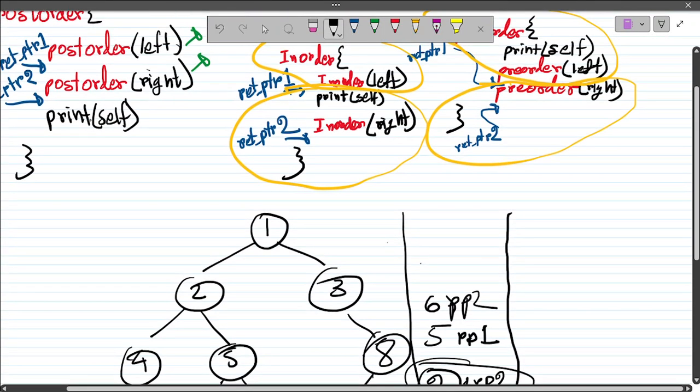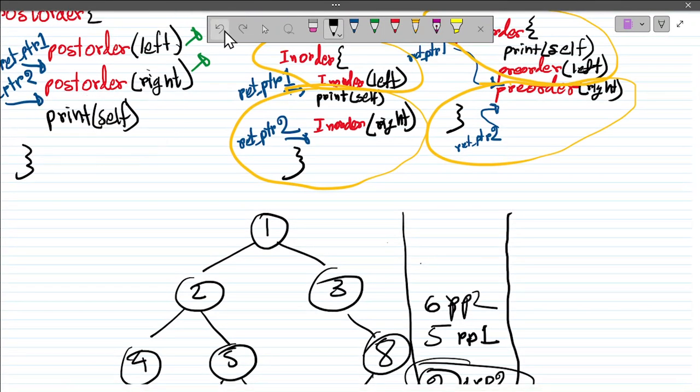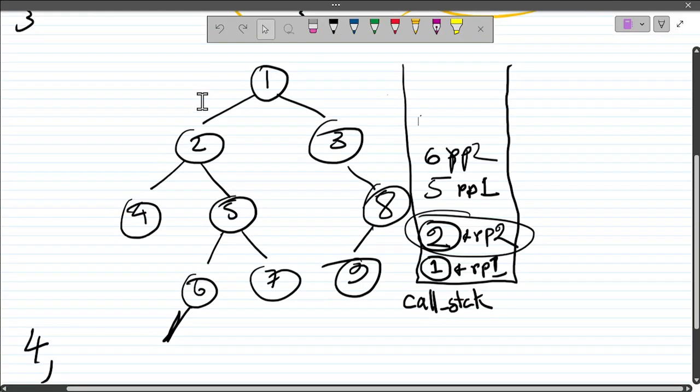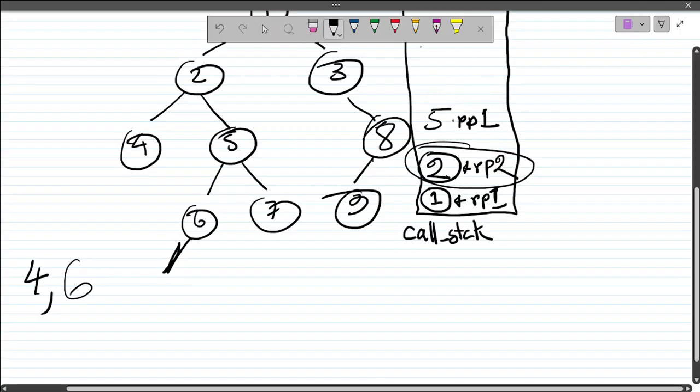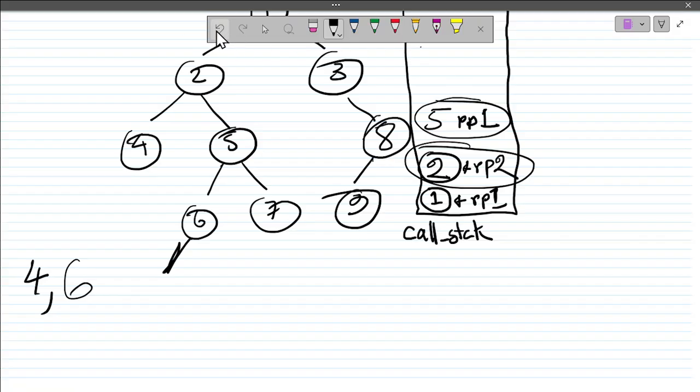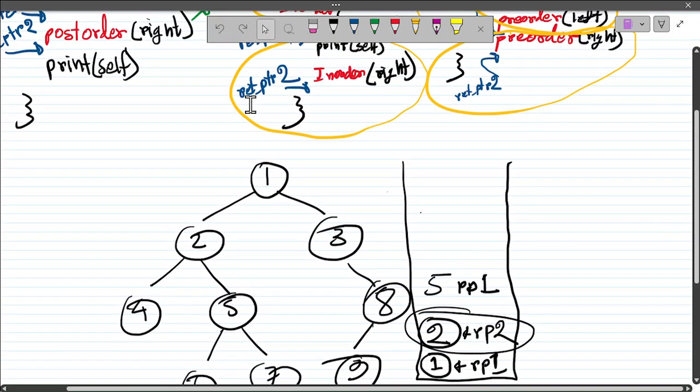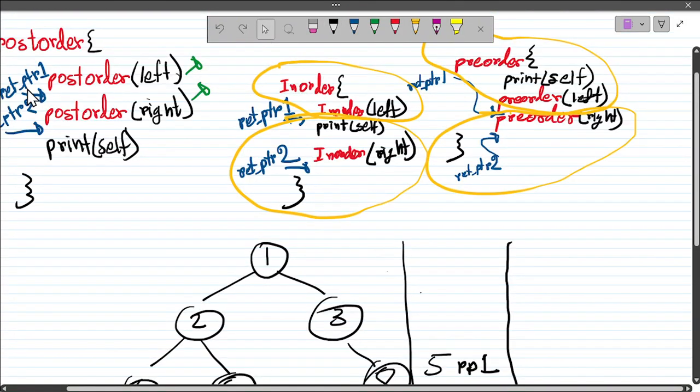What do we do at return pointer 2? We print self. Okay, this is our second print in this whole tree. We are going to print 6. And then the function pops up. Now at 5, we have return pointer 1. What does it mean to be return to return pointer 1? It means we are happy. We have already